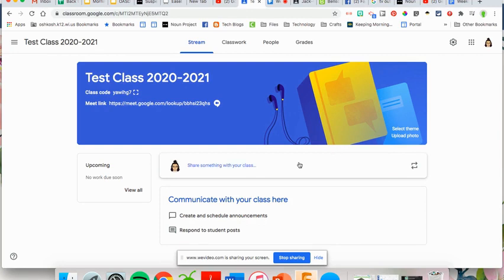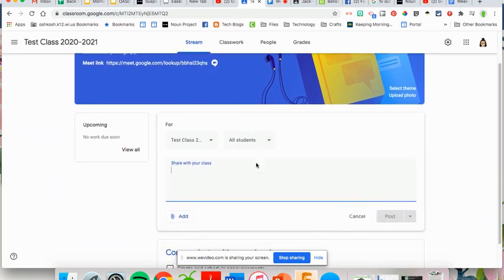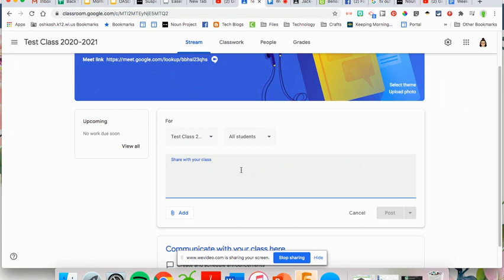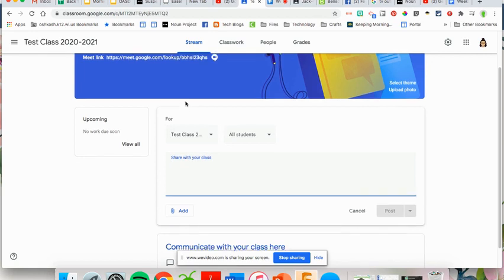This is what you can do if you want to share something with your students. I used to have, during transition time, maybe I would send them to Wonderopolis. And so I would go ahead and say, start by reading this wonder, and then we're going to discuss it as a class. You can go ahead and do an announcement that way, and it will post to your students'